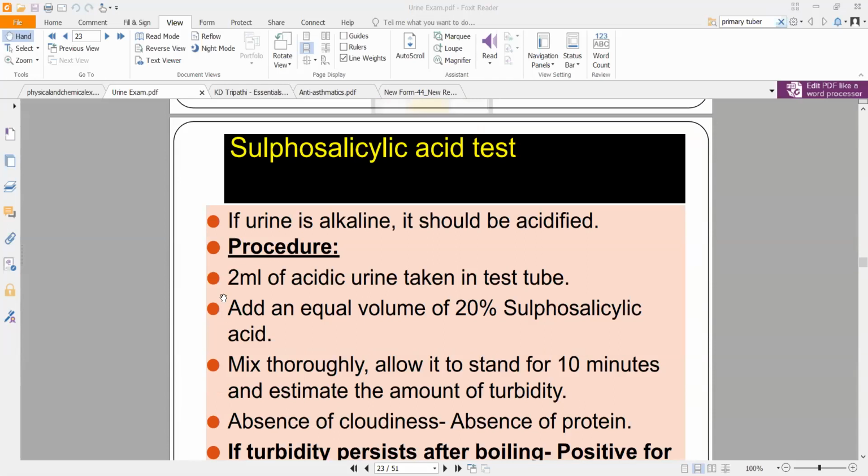Now, generally, the pH of urine is 4.5 to 8. Generally people will have slightly acidic urine, slightly less than 7. That is average, but you generally take a range of 4.5 to 8. In case the urine is alkaline, you need to make it acidic for this particular test. In case you are getting a urine sample, you perform a small litmus test. I hope you know what a litmus test is, right?